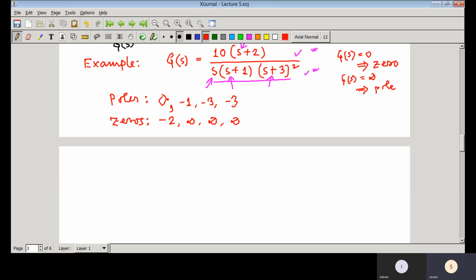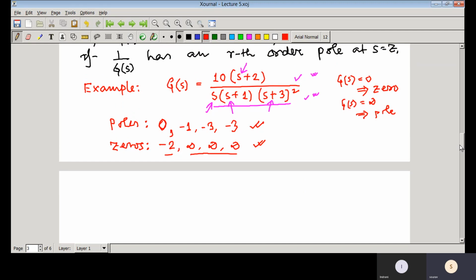So the number of poles and the number of zeros are the same, but the point is that in this case you have only one finite zero and the other 3 zeros are at infinity. So this is an important concept which will be required in control analysis. And whenever a rational function is given to you,